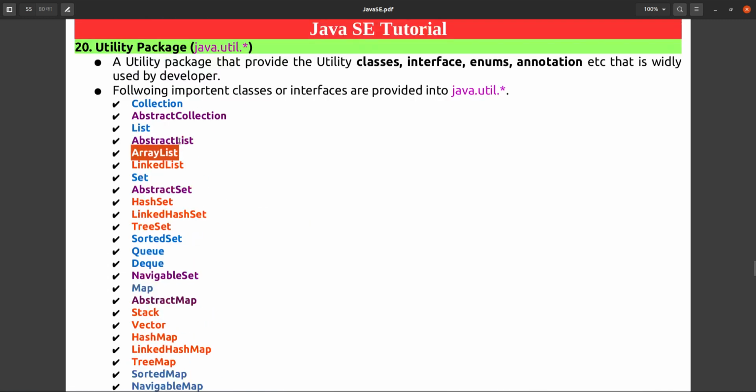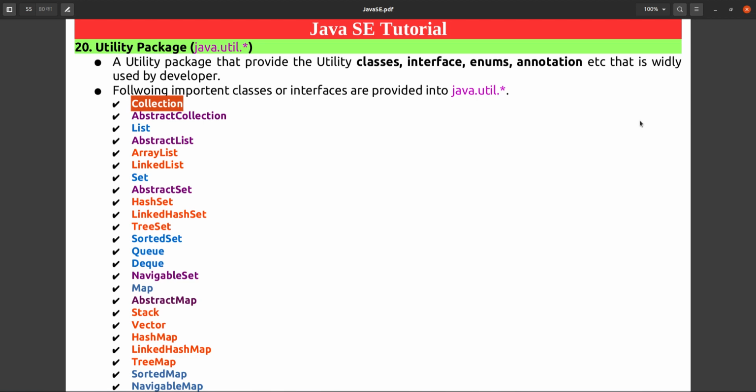Firstly we will start from this collection API, because it is for any type of collection. In your data structure, there are so many concepts. Array is there, list is there, or tree is there. Tree structure is also a way where you can store the data in tree form.